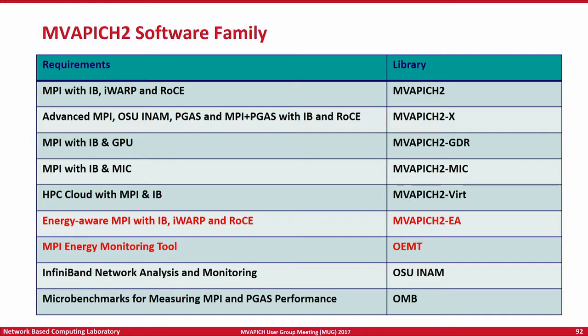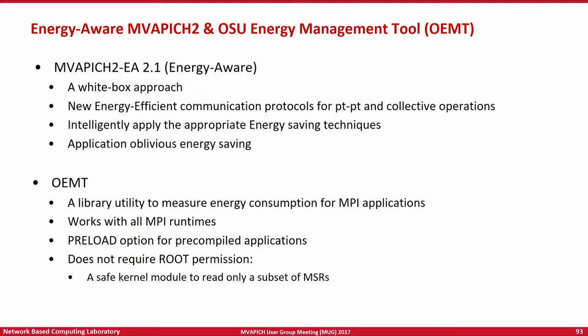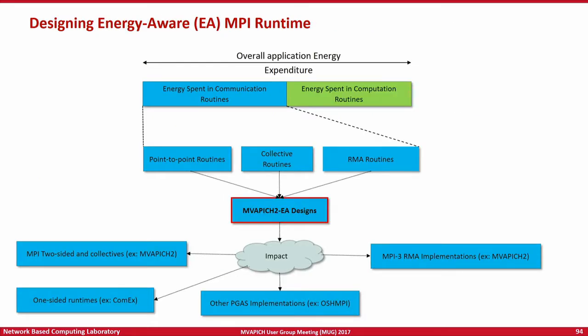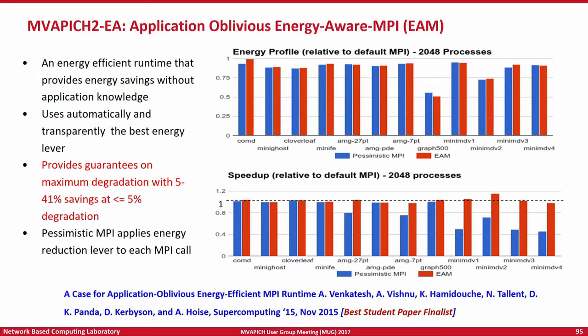And as the graph shows, we are also able to provide maximum guarantees on the kind of degradation that is acceptable. So we are able to get significant performance benefits over the pessimistic MPI. The pessimistic MPI is a version that throttles down your CPU's clock when you enter the MPI operation and throttles it back up when you exit that. So that is the maximum savings you can get. What this graph shows is that we are able to get the same kind of energy savings as a pessimistic MPI while performing significantly better than the pessimistic MPI version for a wide range of applications.